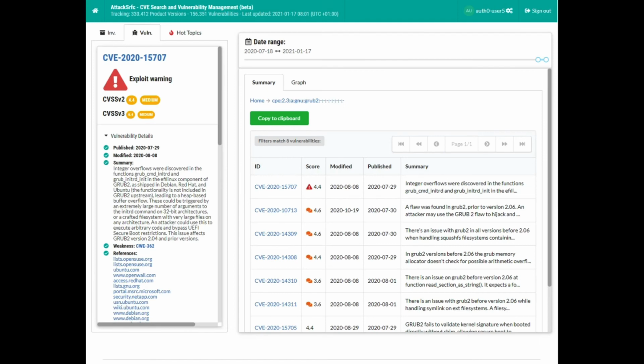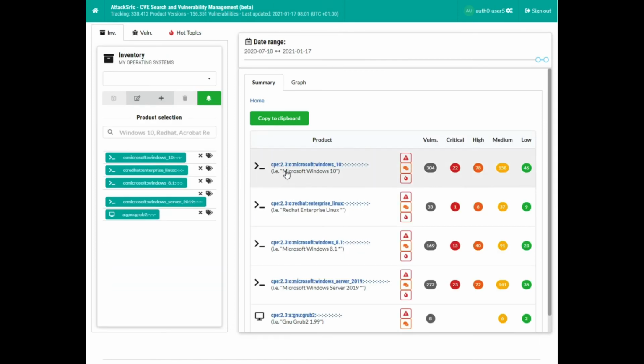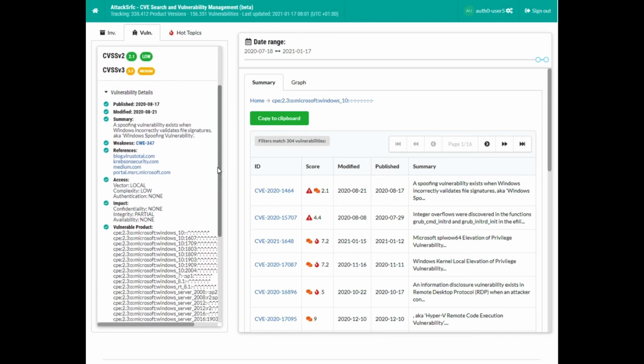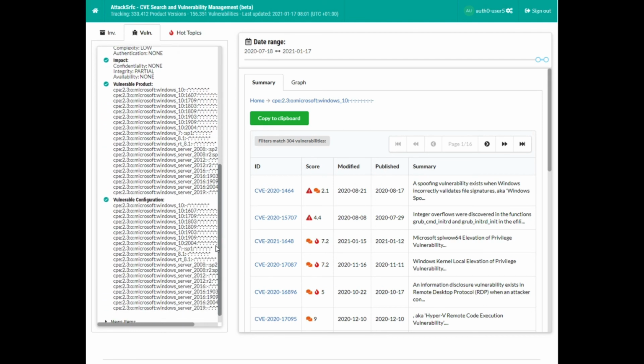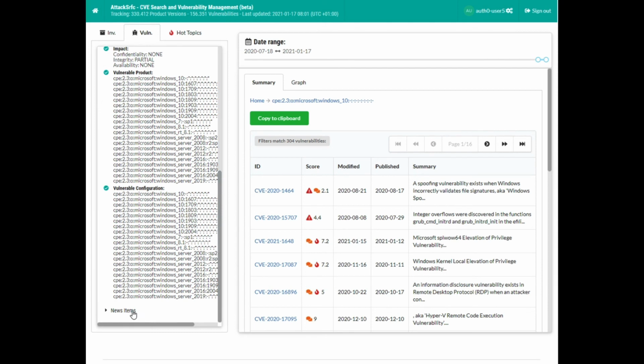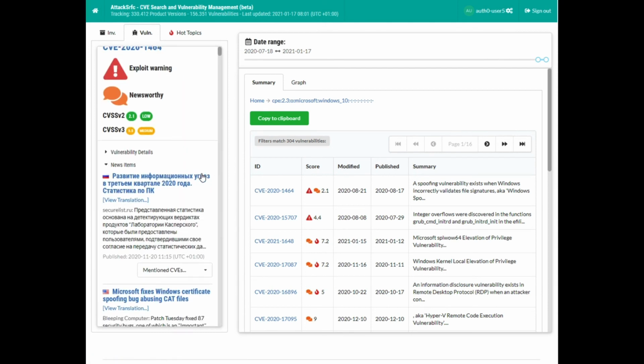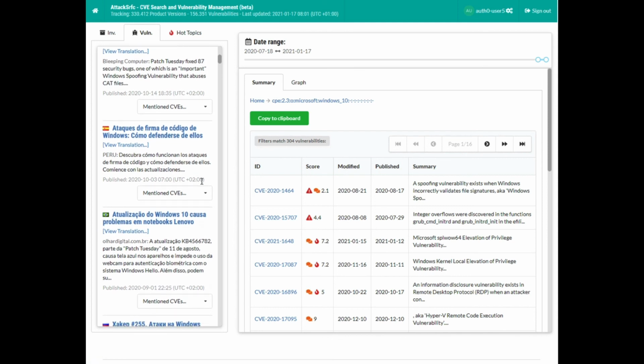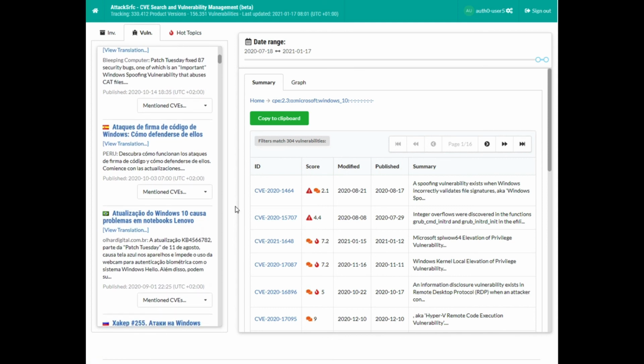In our next video, we will take a closer look at the CVE details view to see how we can use it to learn everything of relevance about a particular vulnerability and how it can even help us to determine a workaround for 0-days and other vulnerabilities that we might not be able to fix with a simple software update. You will find the link to that next video in the video description below.